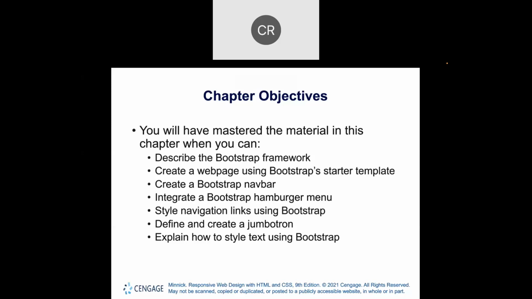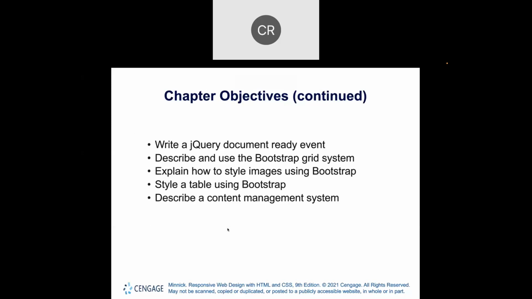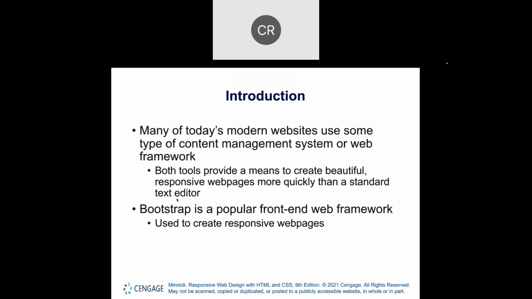A Jumbotron is like the little sliding display of the photos up at the top, if I'm remembering it correctly. And explaining how to style text using Bootstrap, write a jQuery document ready event, describe and use Bootstrap grid systems, explain how to style images, style a table, and describe a content management